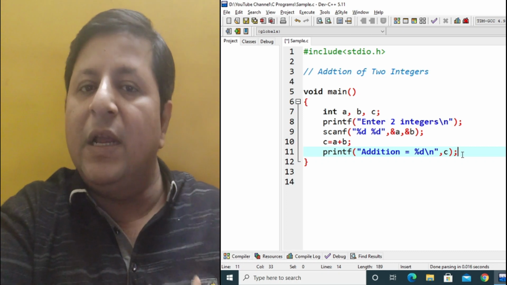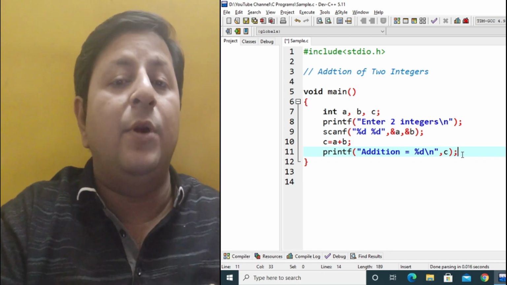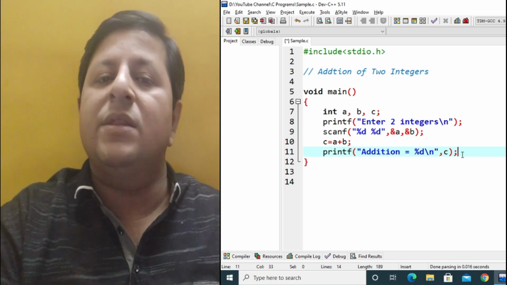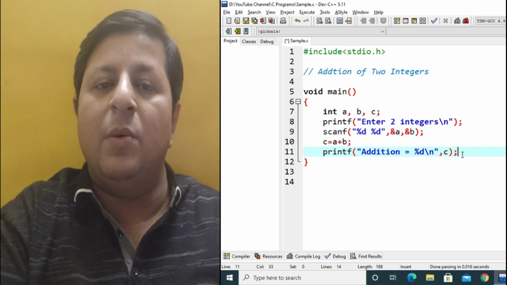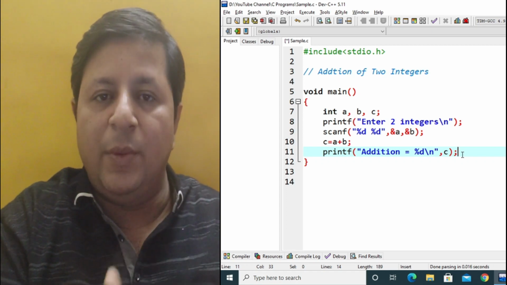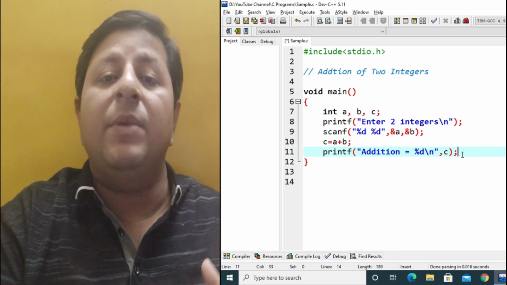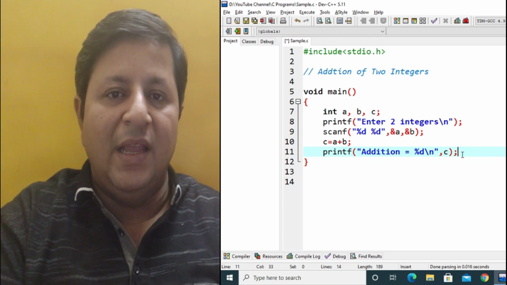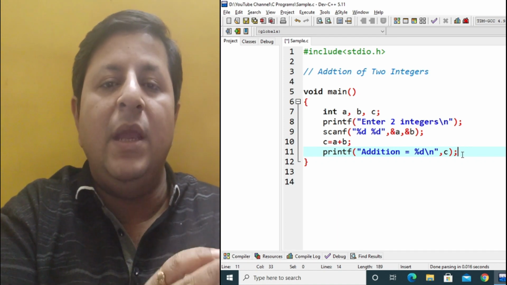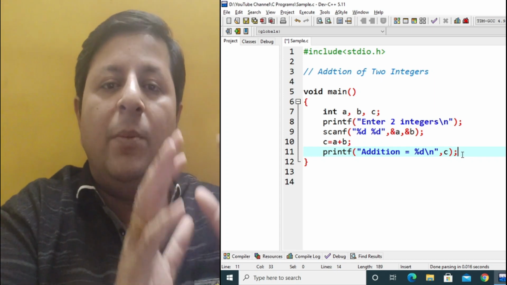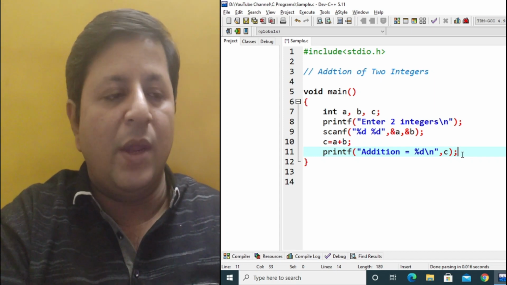That's the first step. You have to declare the necessary variables and take the input from the user. Second is the processing, where it was a very simple one, c equal to a plus b, because we are starting with it. And the third step is to display the output. So that is basically what would be done in a simple computational program. Okay, so let us try to